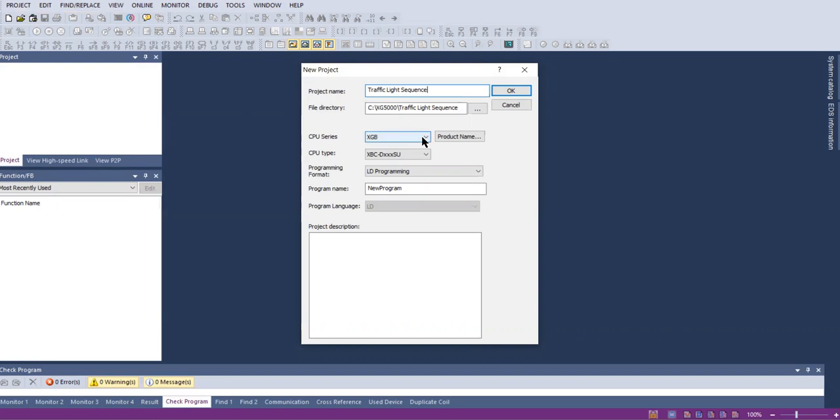Then I need to select the CPU series, then the CPU type. I have been telling you that the CPU or the PLC that we have is from the XGB series of the LS brand. So different CPU series are available here. As our PLC is of the XGB series, I have to select this. And then the CPU type basically depends on which model we have, and based on the model number, the one which is similar to the available CPU types here, we have to select that one